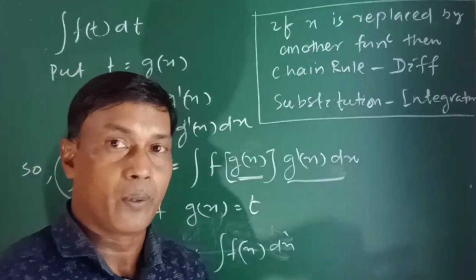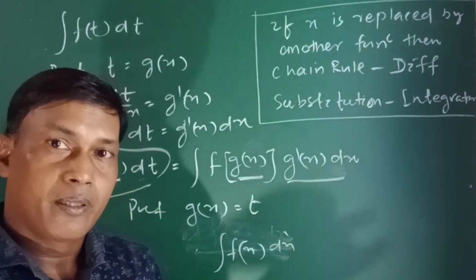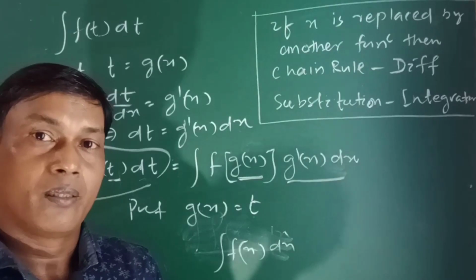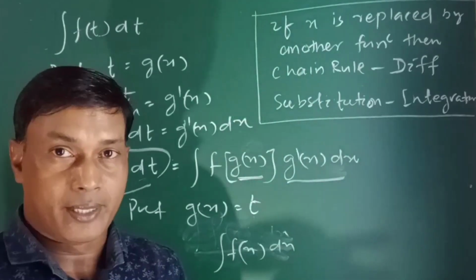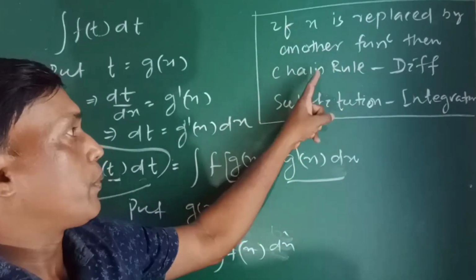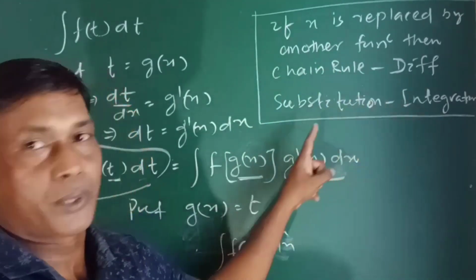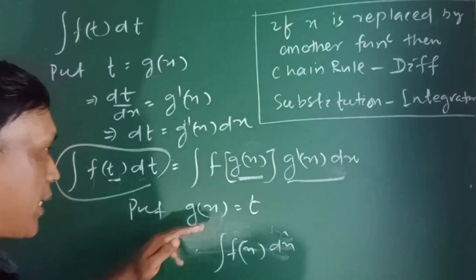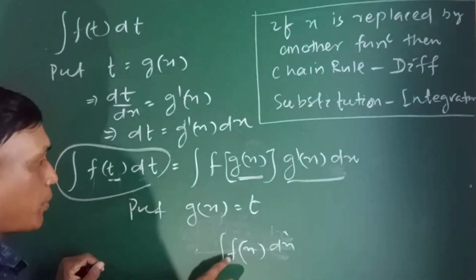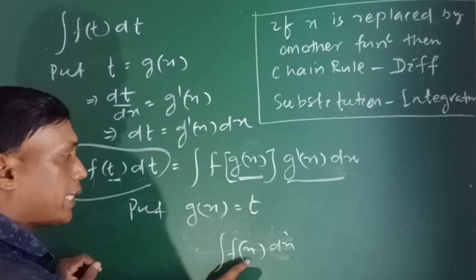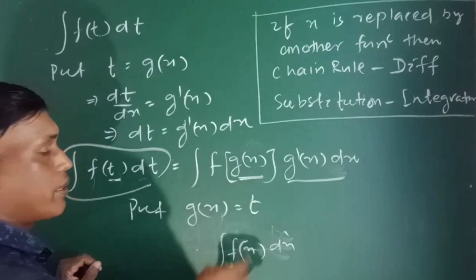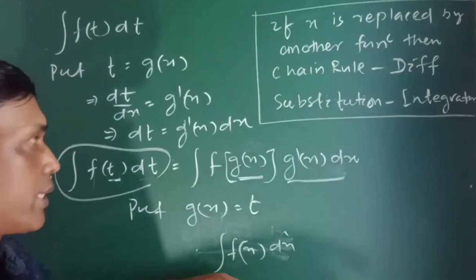डेरिवेटिव में भी वही हुआ था। क्या हुआ था, if f of x का डेरिवेटिव निकालना है तो डायरेक्ट फॉर्मूला, but जब x की जगह दूसरा कोई फंक्शन आ जाता है तो हम क्या करते थे, चेन रूल अप्लाई करते थे। डेरिवेटिव में चेन रूल, वही इंटीग्रेशन में सब्स्टिट्यूशन। मतलब कि अगर x की जगह x नहीं है, कोई दूसरा फंक्शन है, look at here, suppose generally you are integrating f of x but here is f of g of x, that means x की जगह दूसरा फंक्शन g of x है।